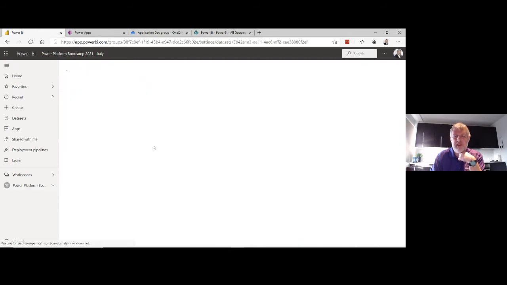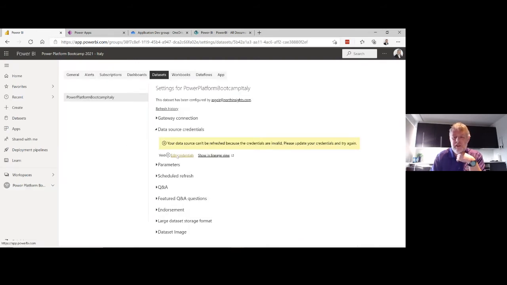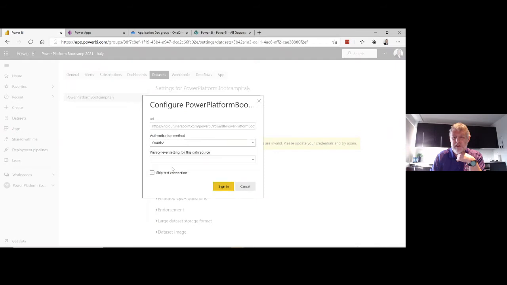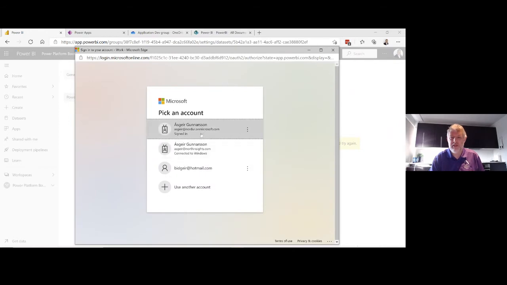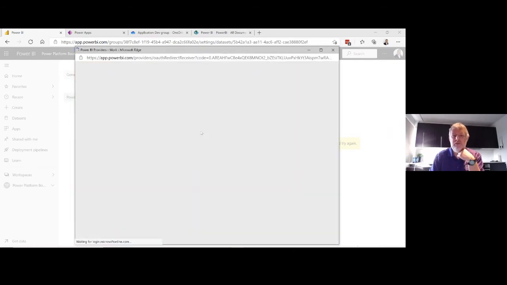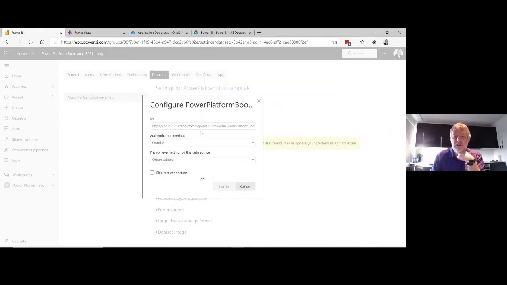Now we just want to make sure the data set can reach the source file. I'm going to use OAuth authentication because this is within the Microsoft 365 tenant, and this is organizational data. This is on my own SharePoint, so I'm not afraid of that. I'm just going to log in with my account.